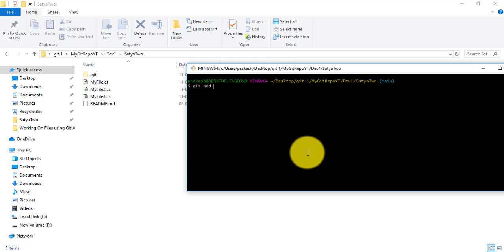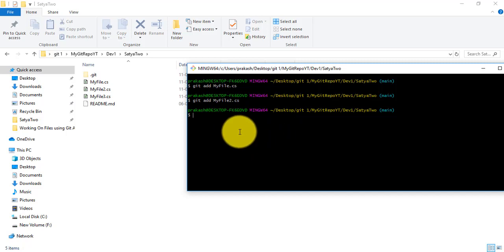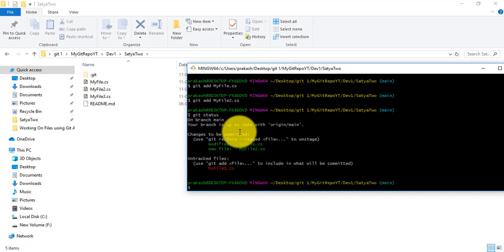So git add myfile.cs. Okay, now same I will do git add myfile2.cs. Now if I check the status, that is git status here, what we'll see here,